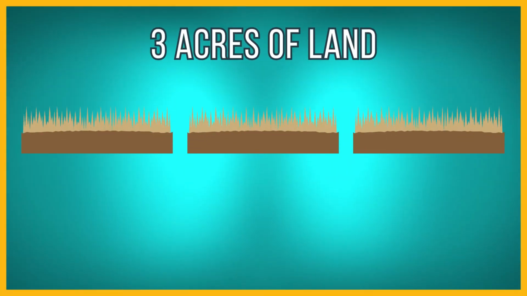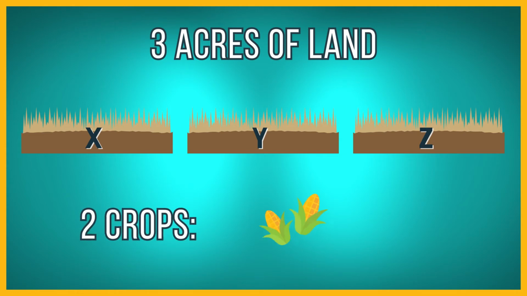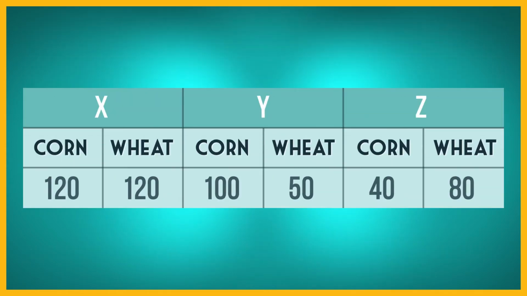Let's derive a production possibility frontier for a simple economy. Suppose that our economy has 3 acres of land, X, Y, and Z, to use for 2 crops, corn and wheat. This table shows the number of bushels of corn and wheat that each acre can grow. For example, acre Y can grow 100 bushels of corn and no wheat, or no corn and 50 bushels of wheat. We can use this information to determine how much corn and wheat the economy grows for different allocations of